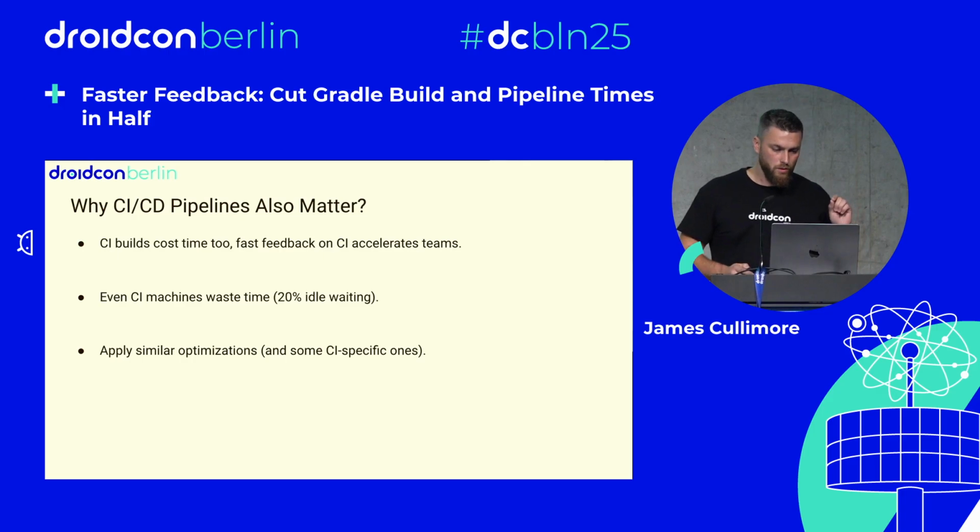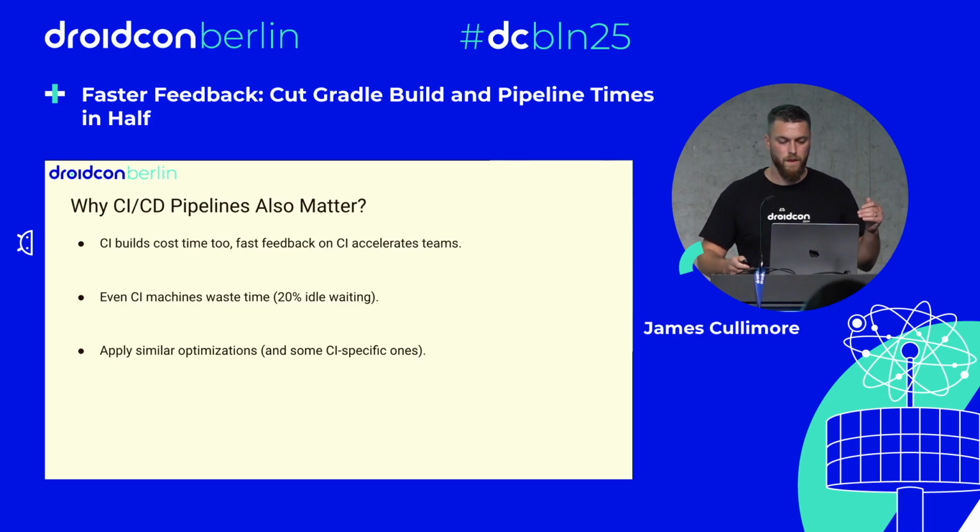Just like local builds, we wait for feedback from our pipelines. While context switching feels more normal here, it still carries similar cost issues as local builds. Gradle claims that instead of sitting idle 80% of the time, like with local builds, here it might be closer to 20%. But pipelines often run longer, so the impact is still significant.